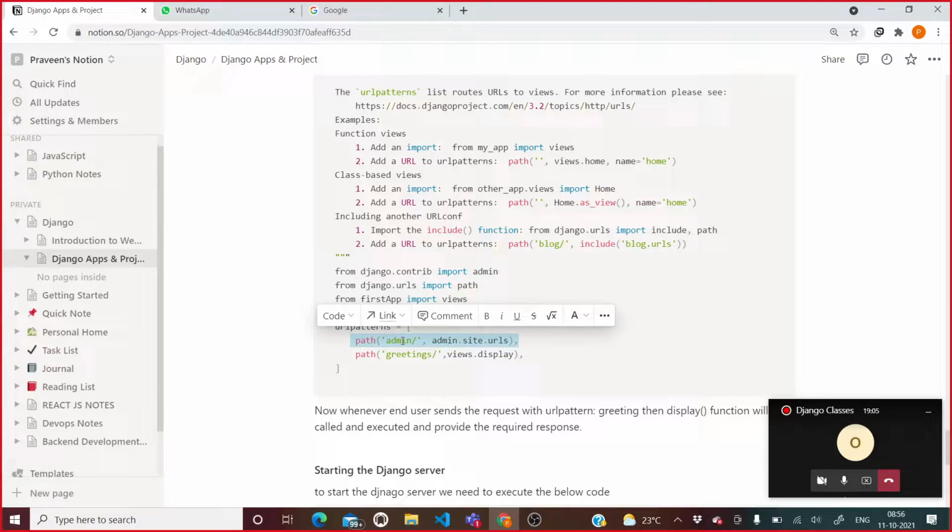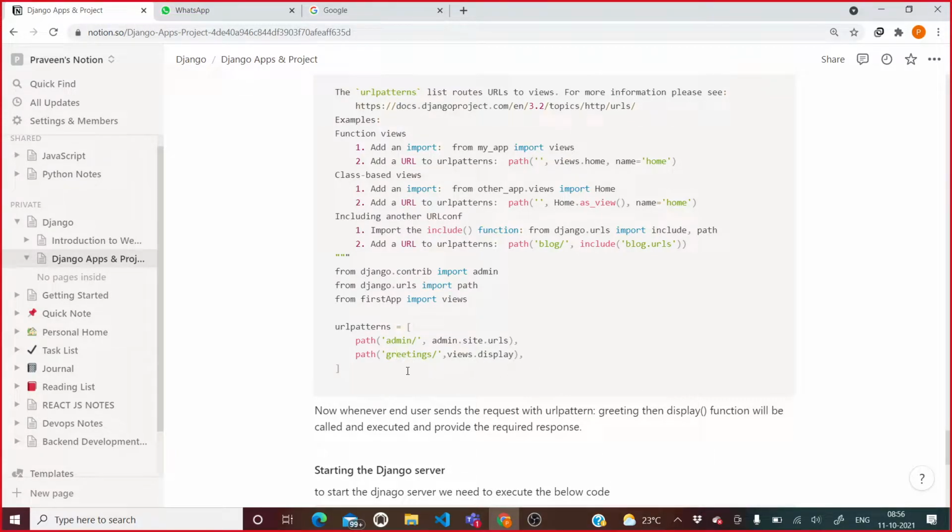We don't need to do anything with this admin panel. What I will do, I will create one more new greeting for myself. I have said that at greetings, my views.display is going to resolve to this URL pattern. So if someone hits greetings, then views.display will be shown to that particular client.